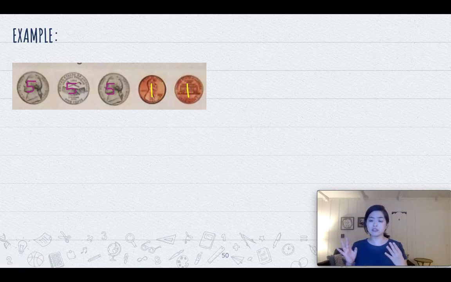Of course, you don't have to start with the biggest value of coins. You can start with the smallest value of coins. But for most students, it is more difficult to start with the smaller value of coins and skip count than to start with the larger value of coins and skip count. For example, if we wanted to skip count here with the smaller value of coins, which is a penny, let's